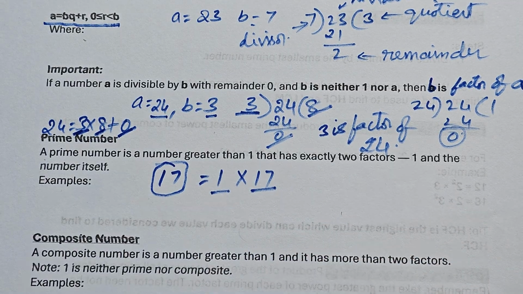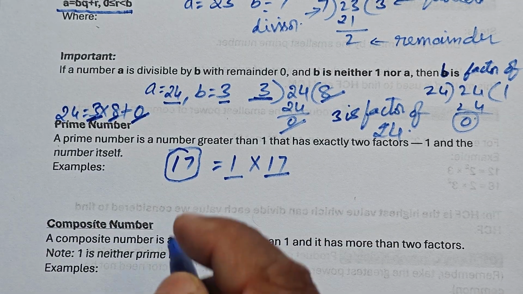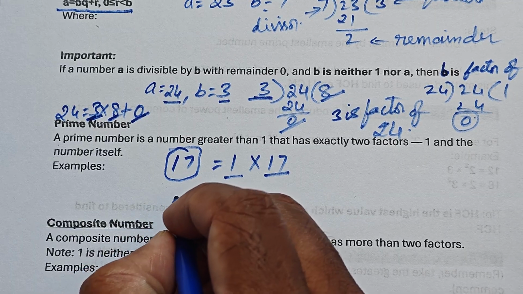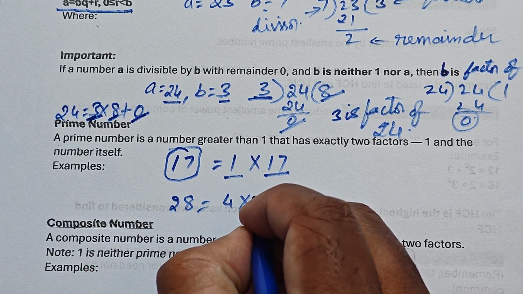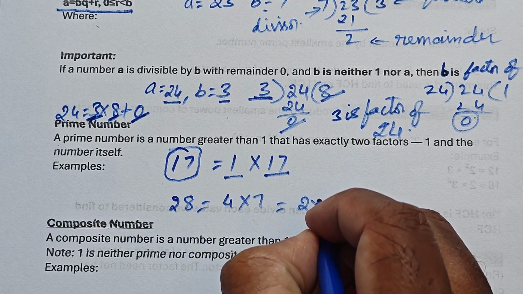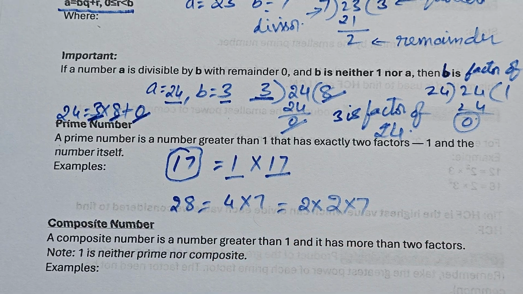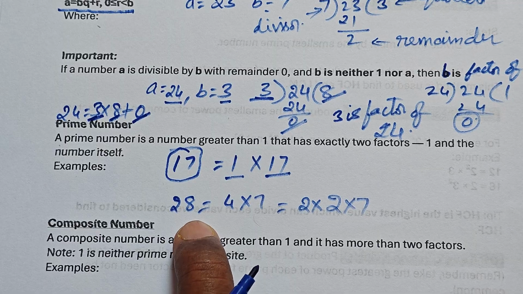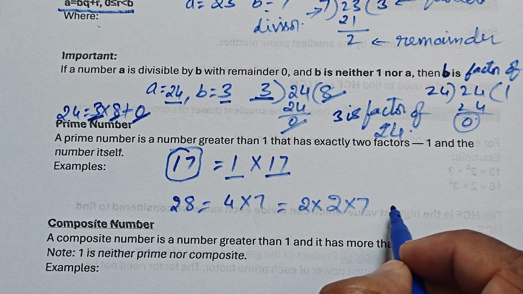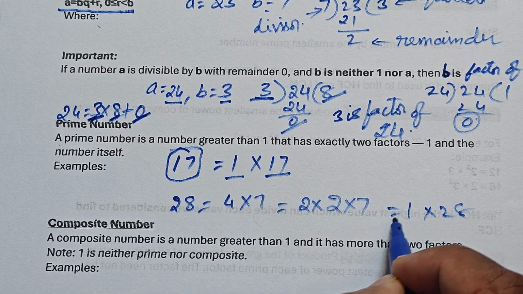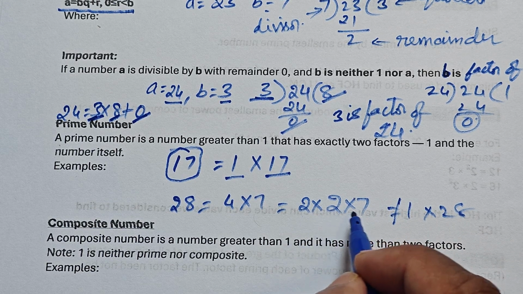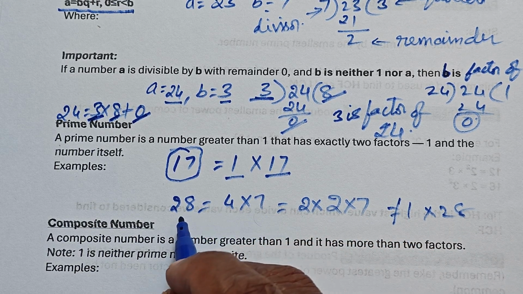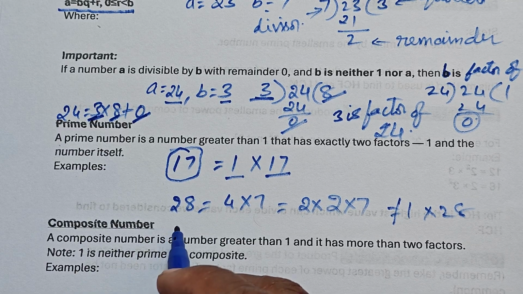Is that clear? So similarly, if I take another number, say 28, I can write it as 4 into 7 or I can write it as 2 into 2 into 7. Correct? Here, the factors are not just 1 and 28, more than that, 2, 2, 7 or 4, 7. All those are factors of the number 28. So such numbers are called